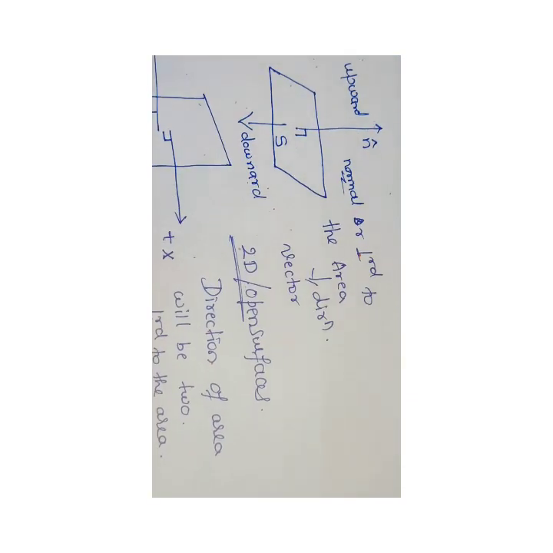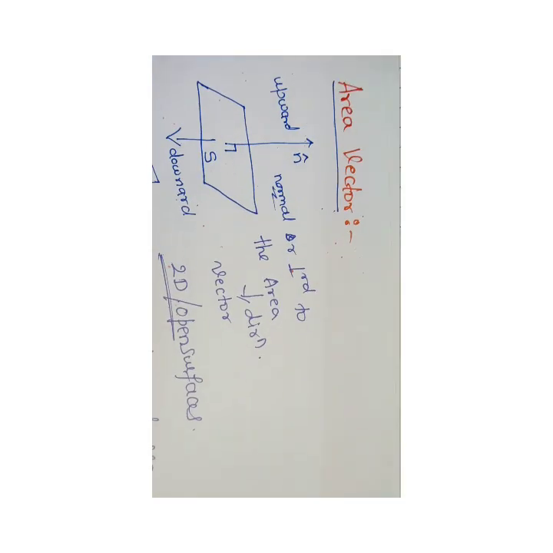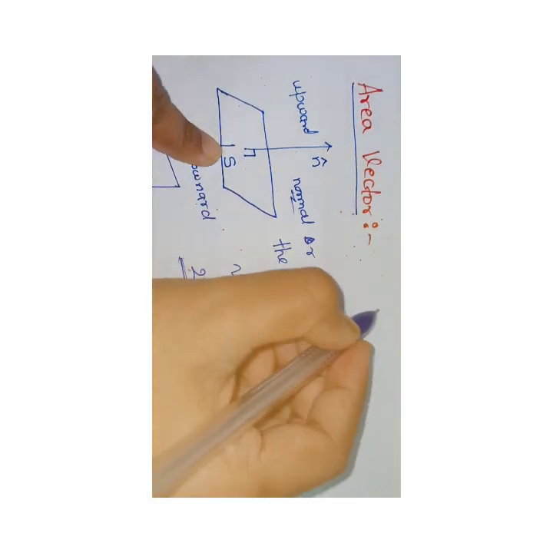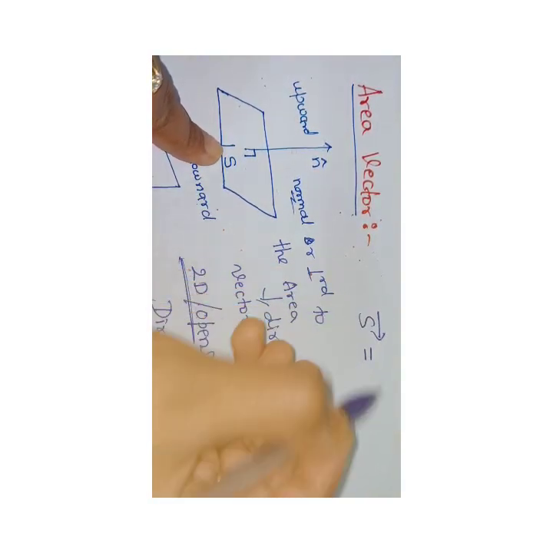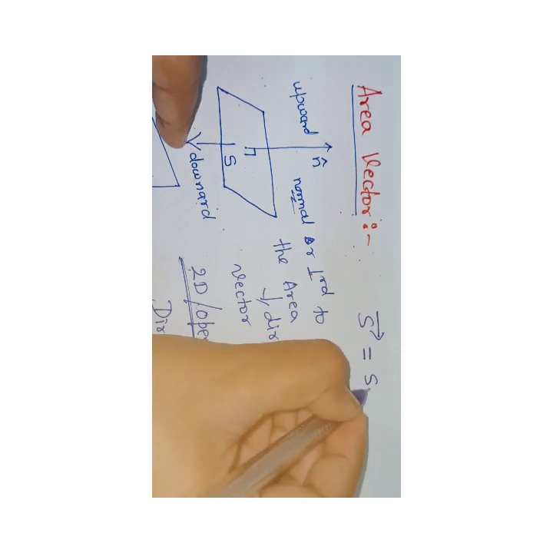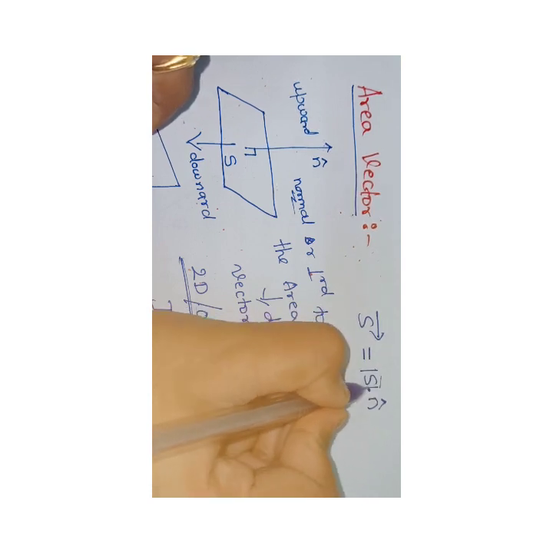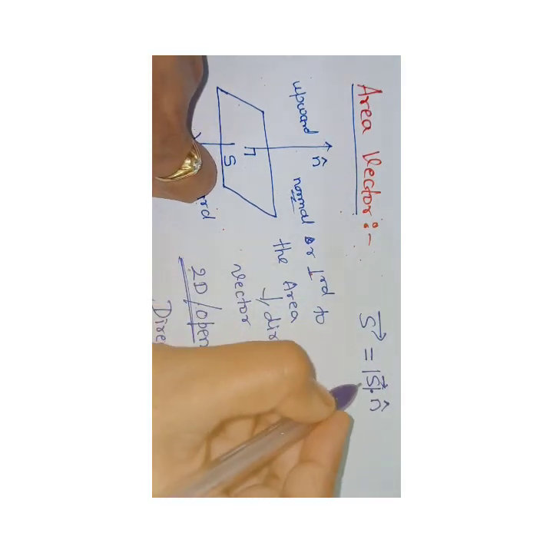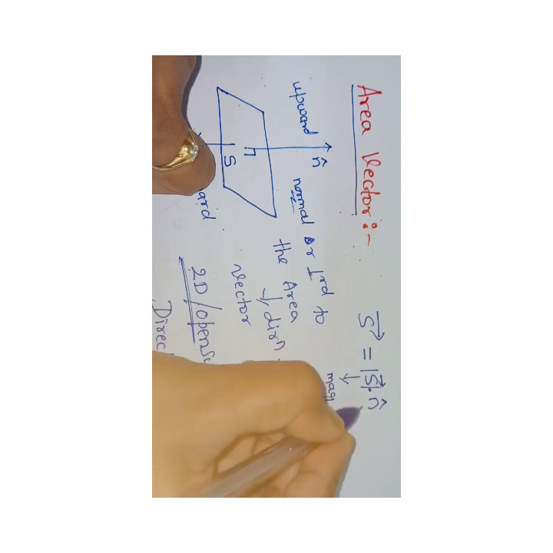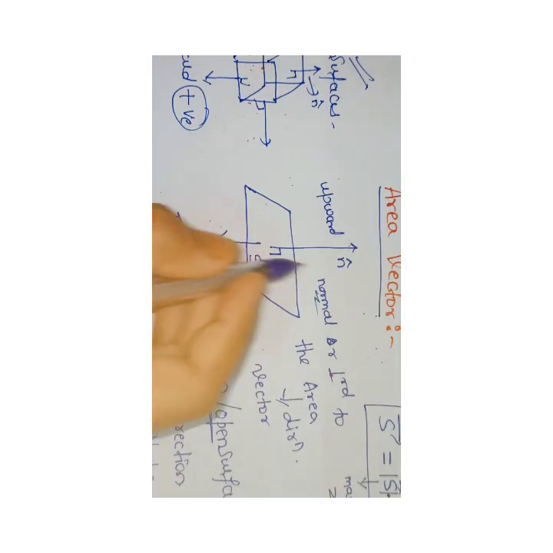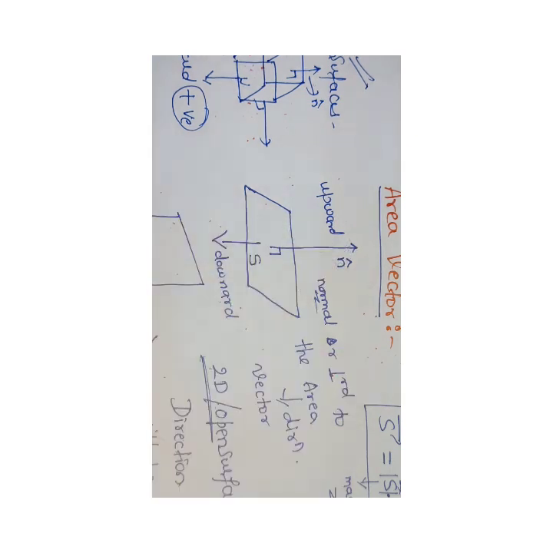So what is the area vector? It's the area itself where we are giving direction to the area. So how are we going to write the expression for the area vector now? The area vector S is equal to S into n cap. You will not put a vector sign here because this is the magnitude of the S vector. So this is the magnitude, and this is the direction. Okay, so this is the area vector. Always remember, the area vector should be perpendicular to the area, which means we have to draw the normal to the surface.